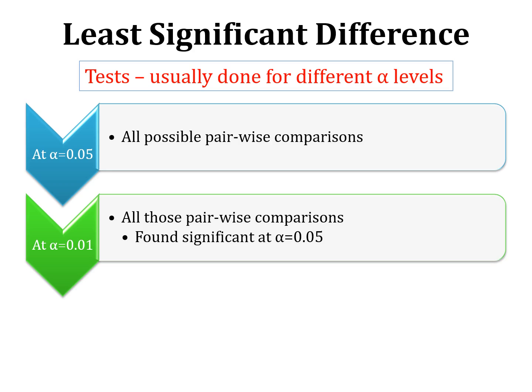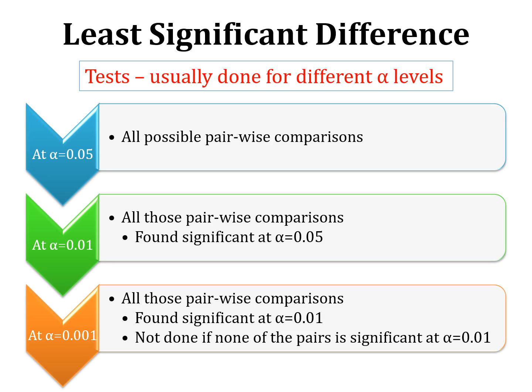So only those pairs are compared at 0.01 level which were significant at 0.05. So at 0.05 we have to do them for all, right? But at 0.01 we have to do it only for those which were significant at 0.05. And then at the next level, which is 0.001, we have to perform all those pairwise comparisons which are found significant at 0.01, right? And this third step is not performed if you don't have any of the pair means